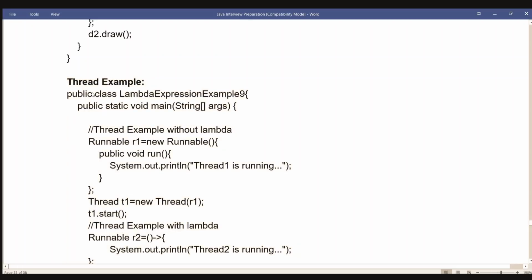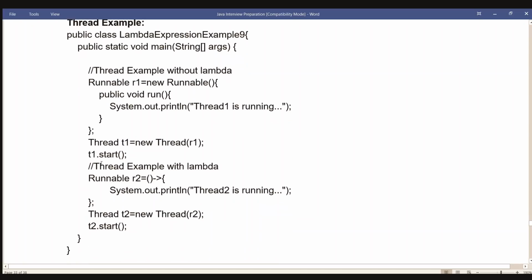Thread example. public class LambdaExpressionExample9 { public static void main(String[] args) { // thread example without Lambda. Runnable r1 = new Runnable() { public void run() { System.out.println("Thread1 is running"); } }; Thread t1 = new Thread(r1); t1.start();